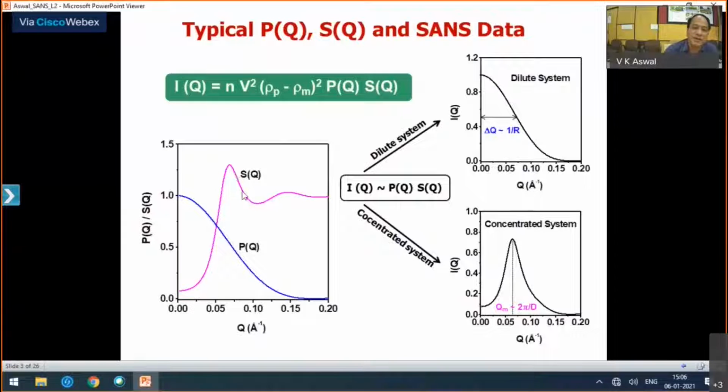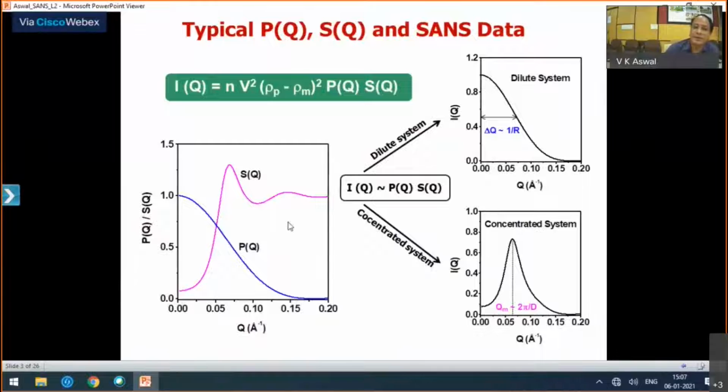And then your structure factor will look at short range and long range order in the system. But most of the soft matter systems, or the systems which are studied in small angle neutron scattering, will have short range structures where your structure factor shows a few maxima of decreasing amplitude. So this is the first nearest neighbor, which will come at 2 pi by d, where d is the distance between the particles. So these are the typical form factor and structure factor for a system at nano length scales. So the Q range would be, let's say, from 0.01 to 0.2 angstrom inverse.